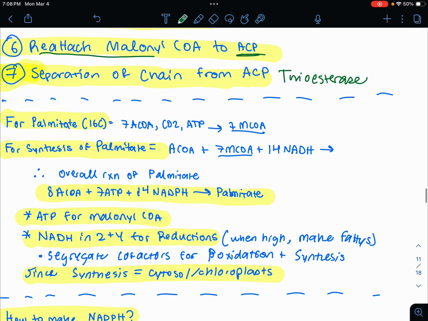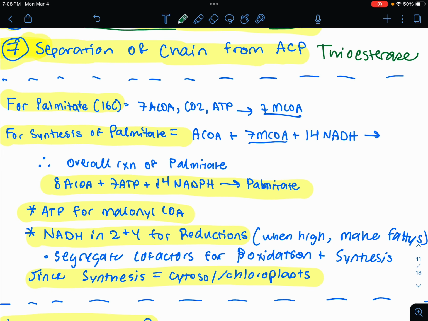Okay, so after that, for palmitate, a 16-carbon fatty acid, you would get this reaction here. 7 acetyl-CoA, 1 CO2, and ATP for 7 malonyl-CoA at the beginning. Then the overall reaction will be 7 cycles of condensation, reduction, dehydration, and reduction again. That will be